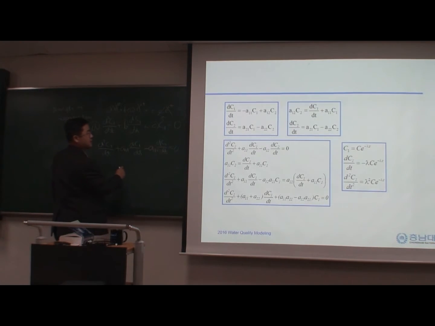Then I said I want to have dC2/dt somehow in, okay, I'll do this. My second equation, in the first place, I had A12 C2 equals dC1/dt plus A11 C1. And if we differentiate one more time,